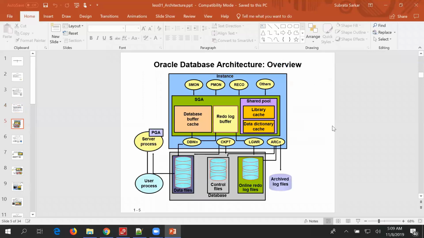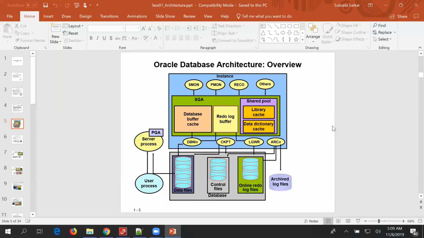This is a big picture of Oracle database architecture. As you can see, in the instance, we have a big chunk of memory which is known as SGA. Within the SGA, we have the database buffer cache, redo log buffer cache, and shared pool, which consists of library cache and data dictionary cache.